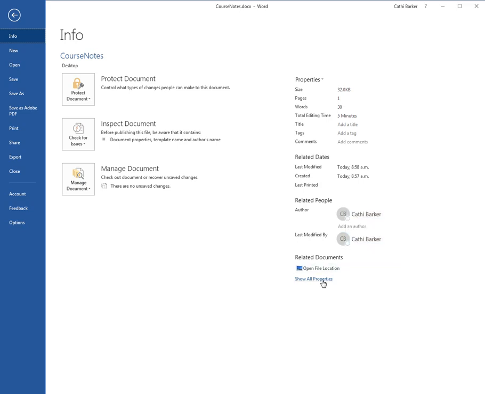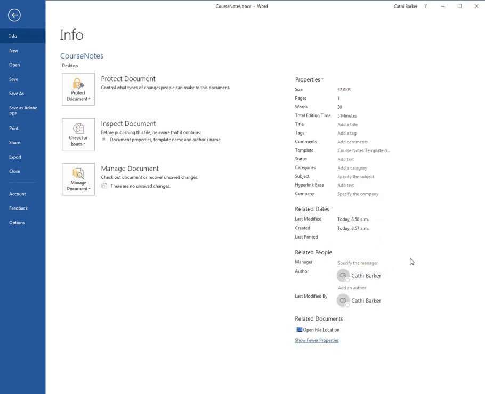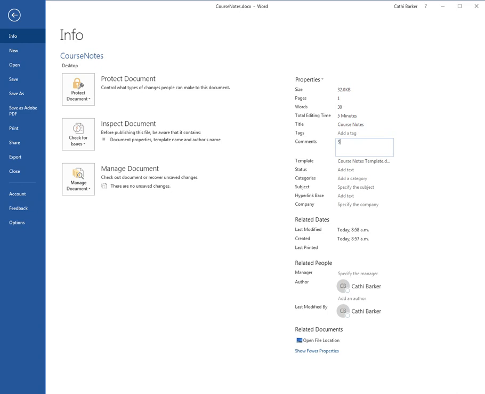You can even show all properties, which gives you even more properties. For example, I can see that this document was based on the course notes template, or has the course notes template attached to it. I can also edit things in here, and I can give it a title, course notes. I can add comments, still under review,